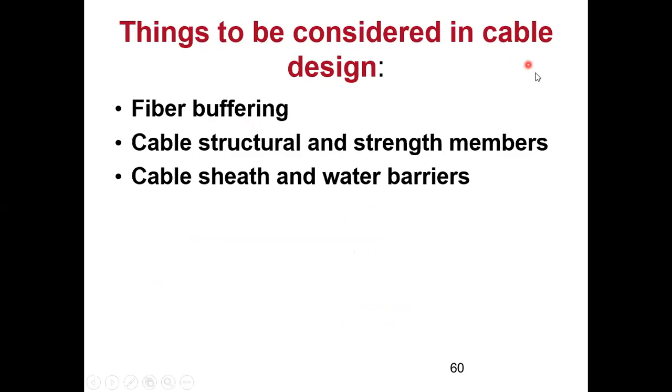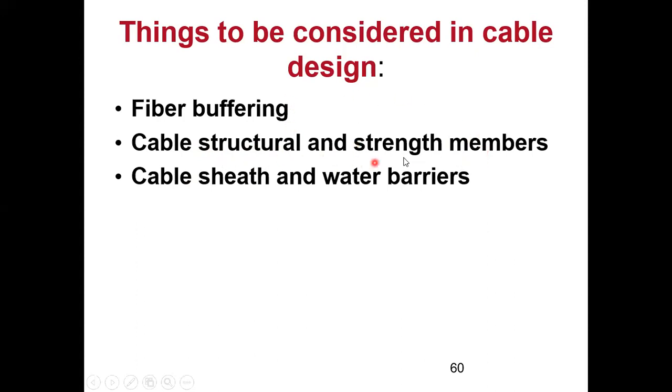So what is actually there in the cable design is fiber buffering, buffer jacket, the jacket we put on the fiber, so that is fiber buffering, or you can say fiber jacket. Then the cable structural and strengthening member. Like to build a building there are a lot of things, beams, columns, the structural components, which give protection to the building. Then the base of the building, so many things are there to make the structure strong. Similar things, we have the structural members and the strengthening members.